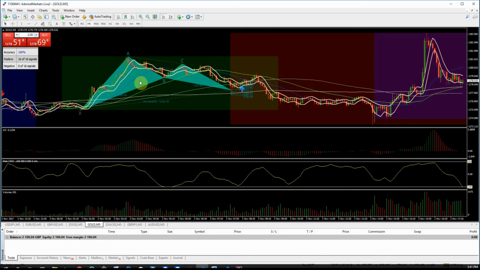Now I'm a little unsure of the lot sizing with regards to this, because it's a new account for me, and you've got to be careful when you put these trades on, because different products and CFDs and stuff like that all have different gearing. So when you're putting your lots on, you need to make sure that you do get the lot sizing correct. So I'm just going with 0.25,